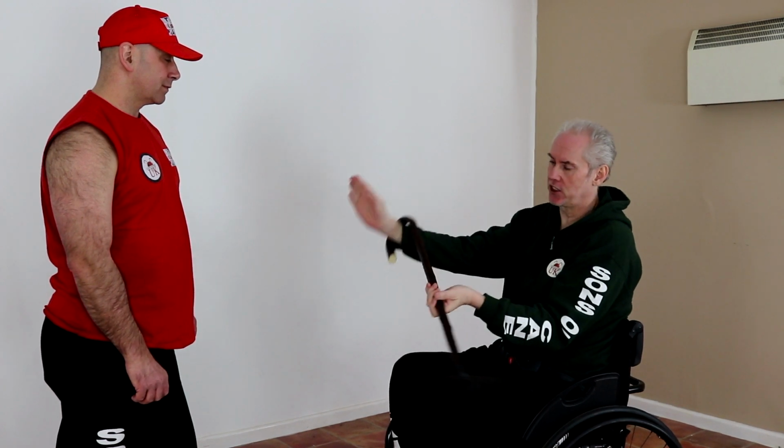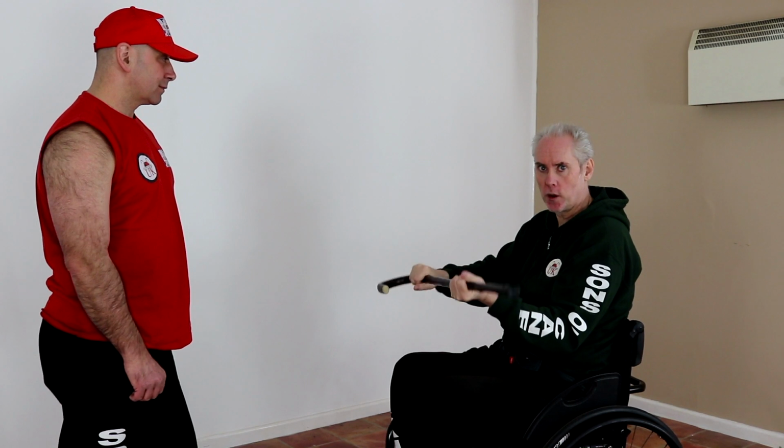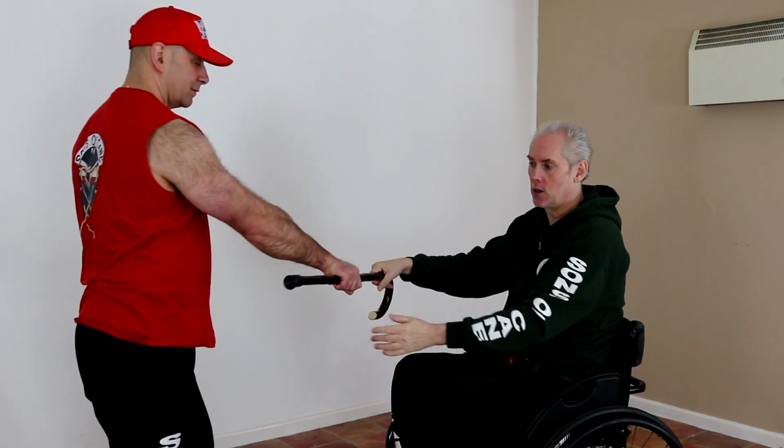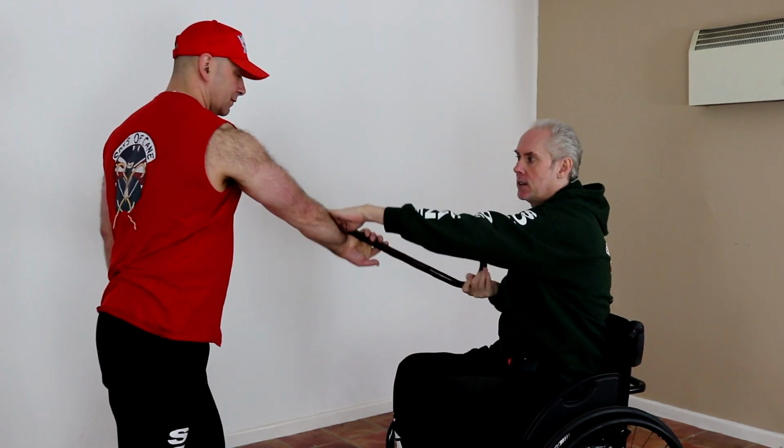It depends on your upper body strength, it depends what limbs you have, your grip strength. I've got a little bit of arthritis in my hands because I've been walking on them for nearly two decades. So sometimes I use this a lot because I haven't got the strength or the power or the grip to actually do other bits. But don't forget, once you've got the cane grab, come through, once you come over, you've